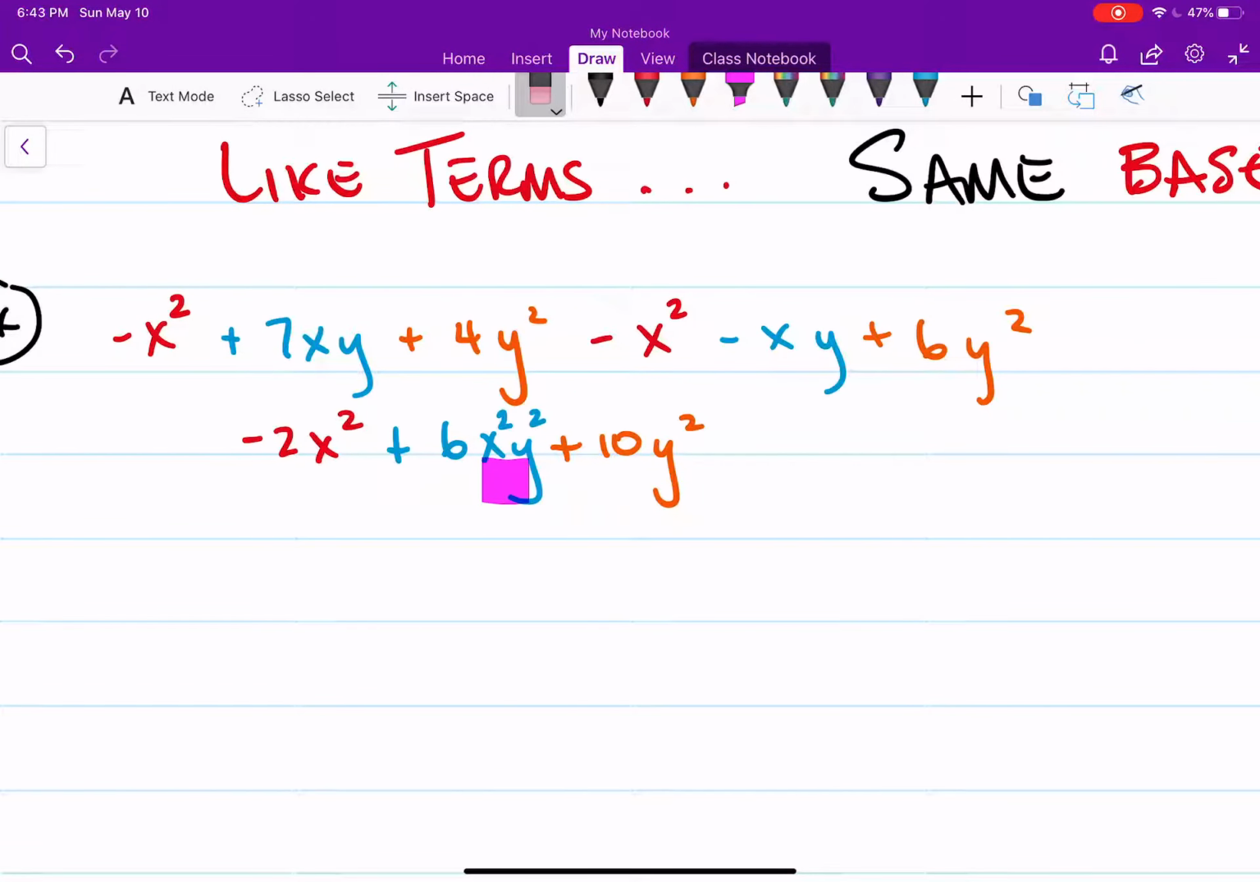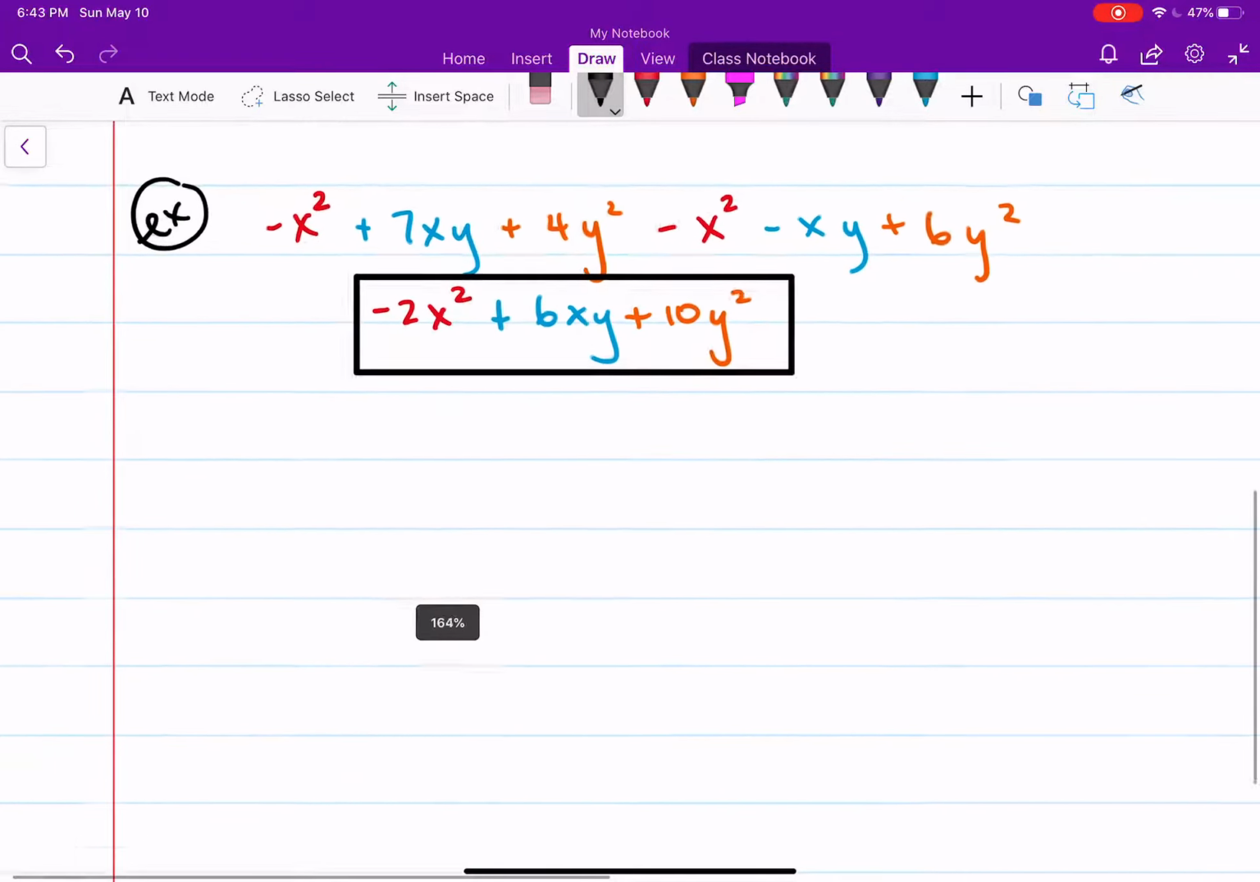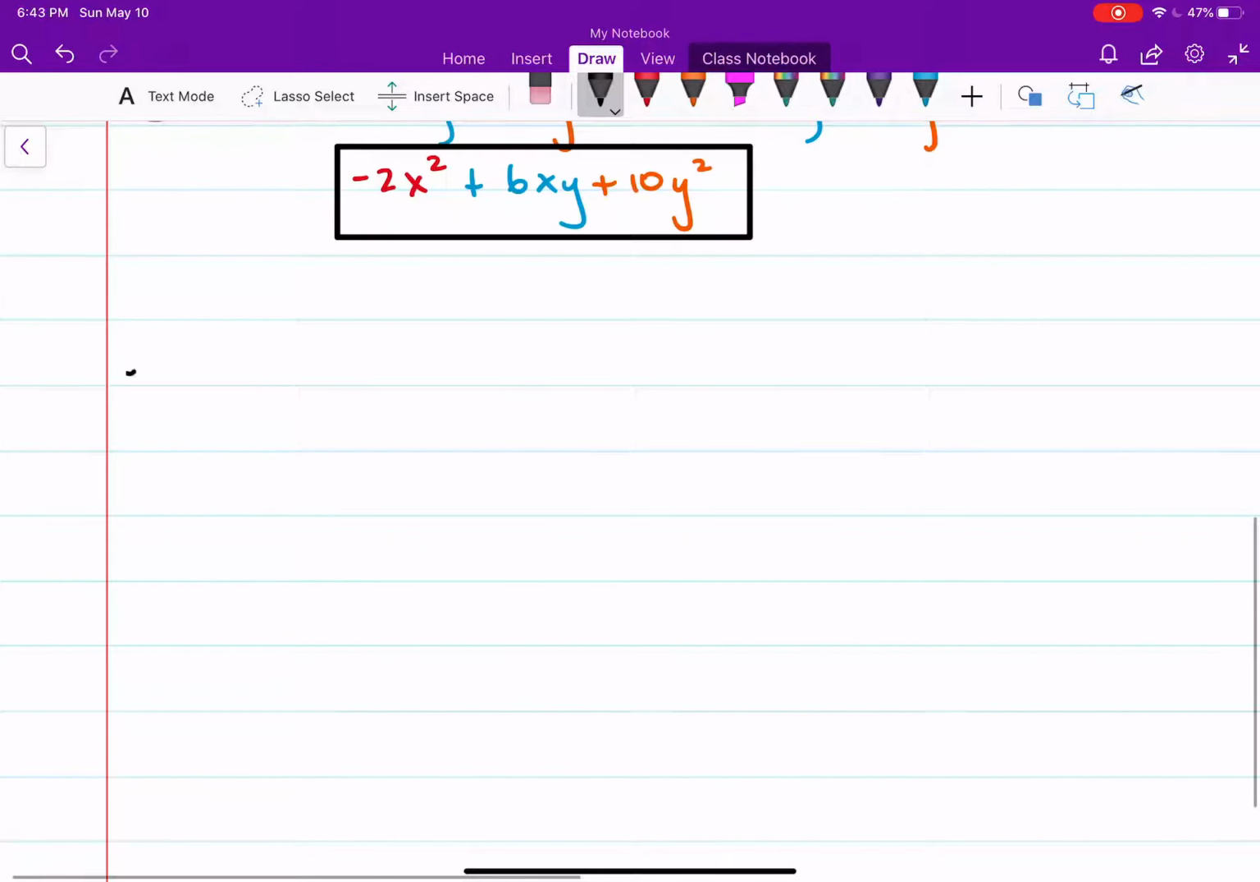All right, and therefore that is my answer right there, just like that. And that's how you combine like terms. Now, you might get problems like this, however,